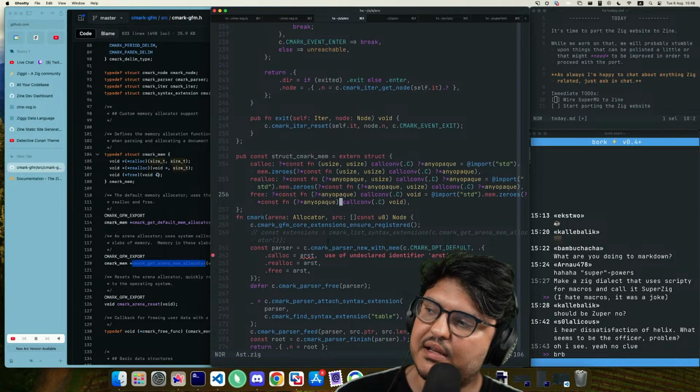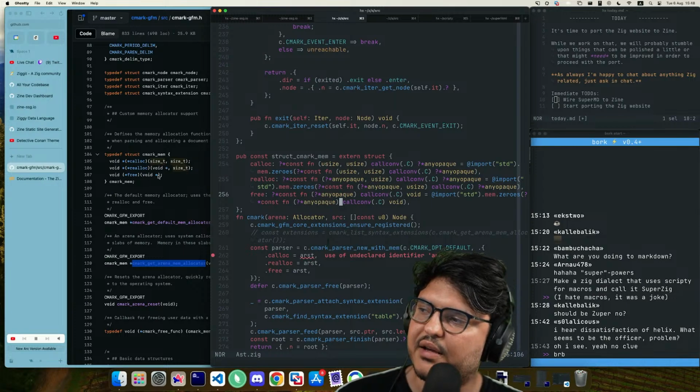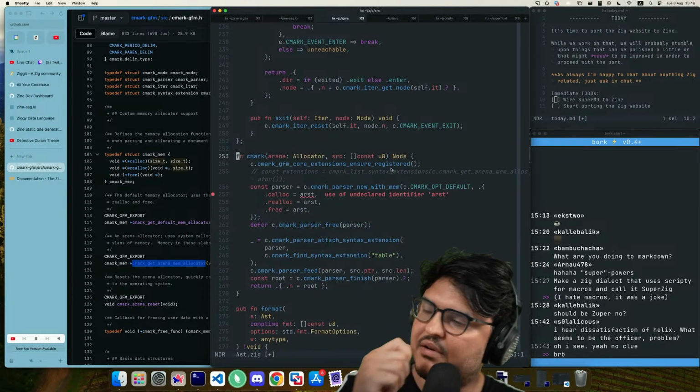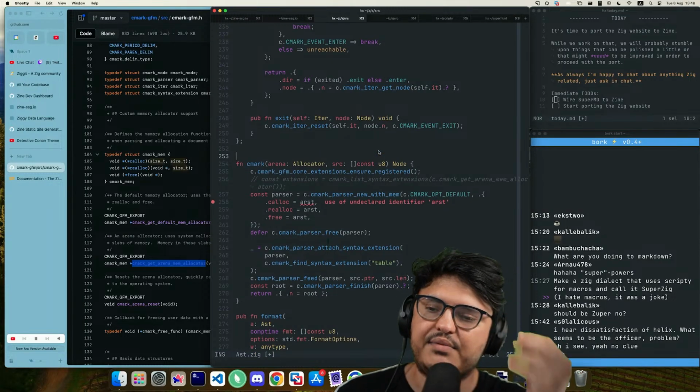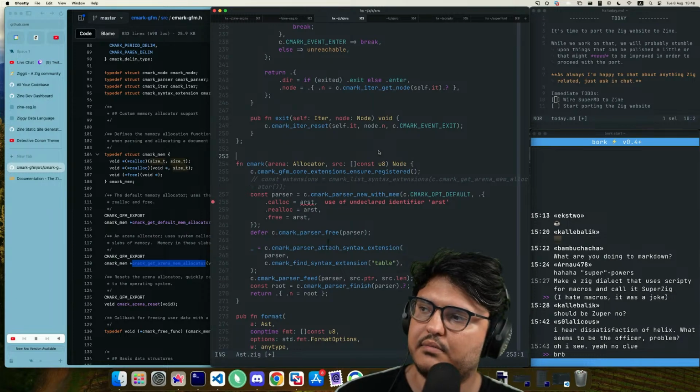Because the problem is that I think our allocator interface tends to expect us to know the number of things, although when freeing mostly, but probably also when reallocating. So that one is important. Okay, you know what? Let's go with their own implementation for everything. And maybe we don't just return a node, but we return a like CMark AST.